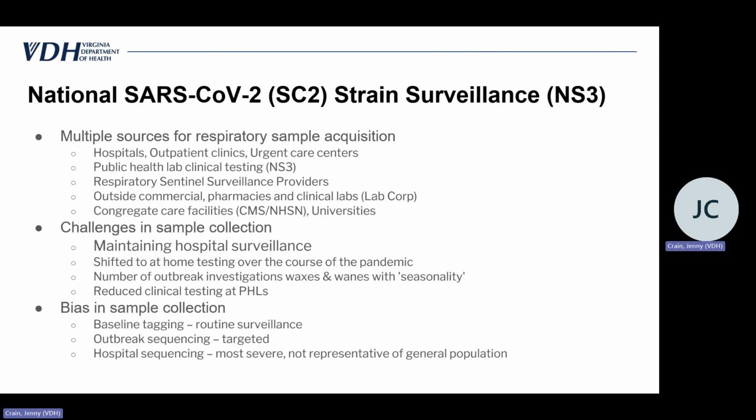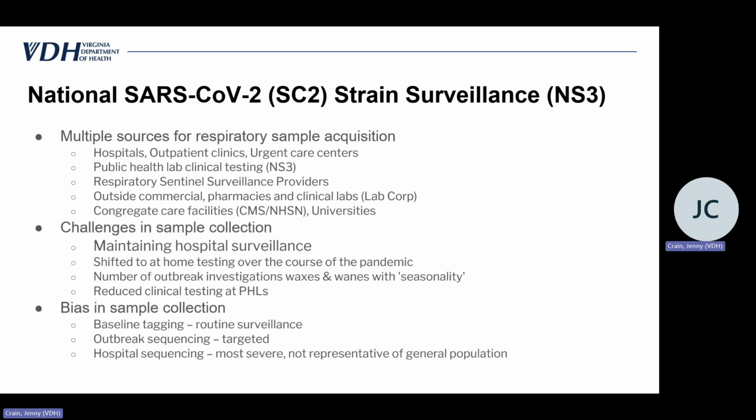So, during the pandemic, there was this idea of baseline tagging, and how sequences from samples are identified as being outbreak specific associated specimens, or are these specimens that are coming from hospital or specific acutely ill patients. These are tagged and noted in a different way when they're uploaded to public repositories.